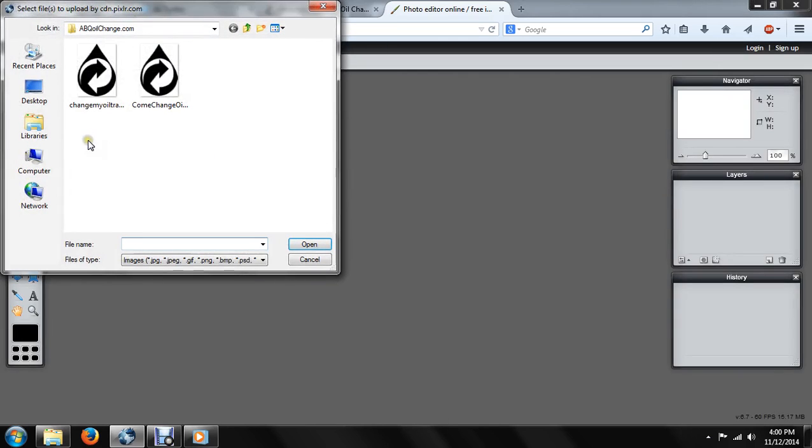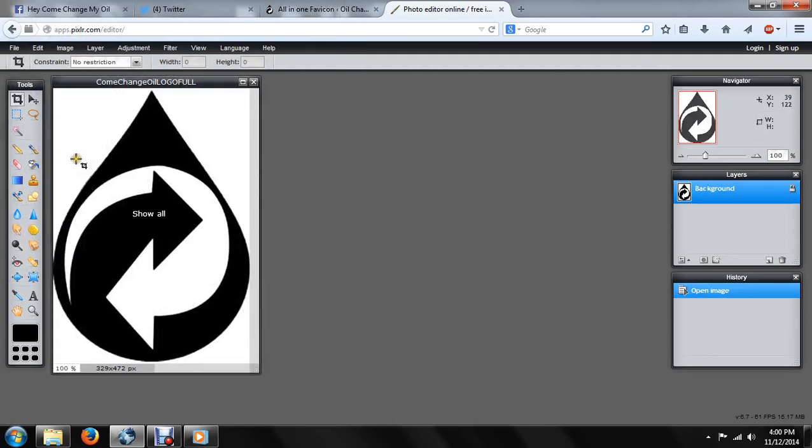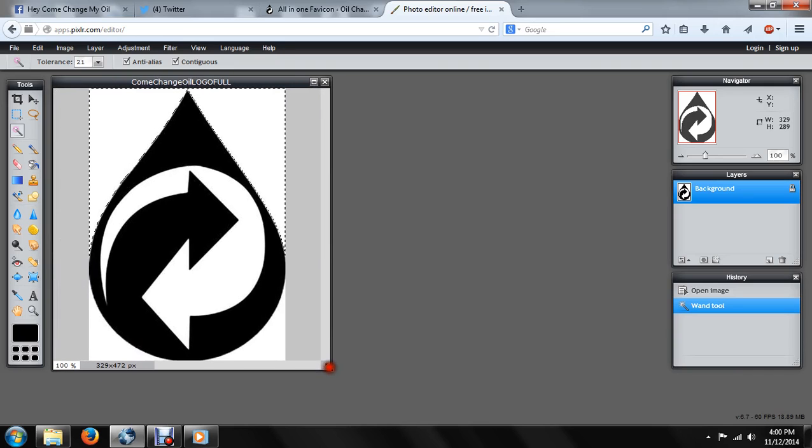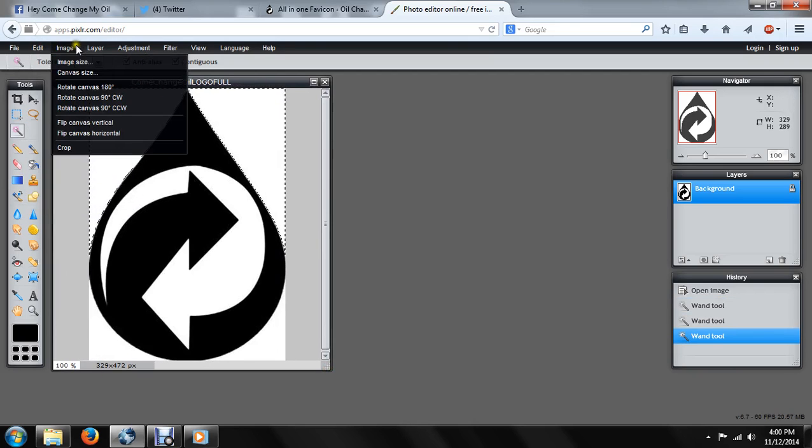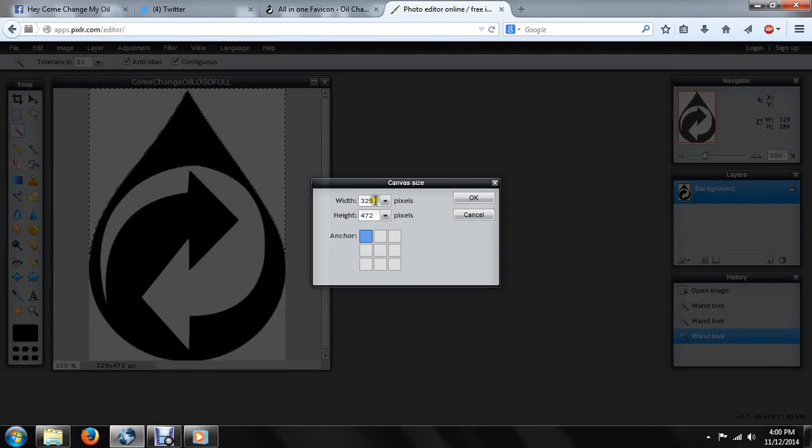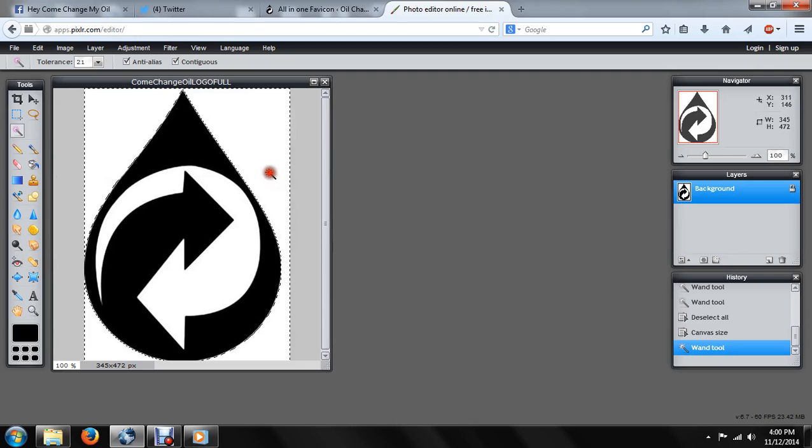But on this one, we're going to open an image. This one, I of course already did this a couple times, so try to bear with me on this. We're going to use this wand tool to make a selection around it, and in this you can see the canvas size doesn't allow any gaps here, so it's having a hard time selecting it. So I'm actually going to increase the canvas width just a little bit,